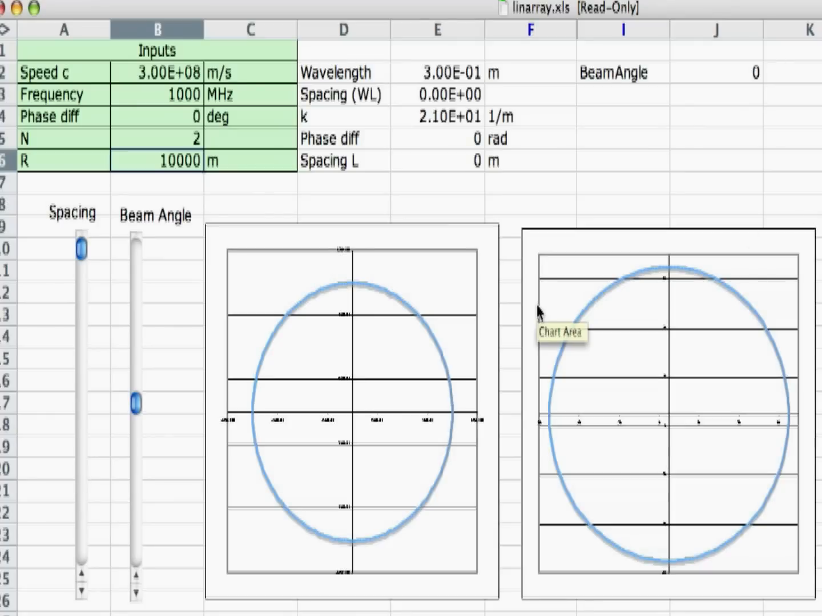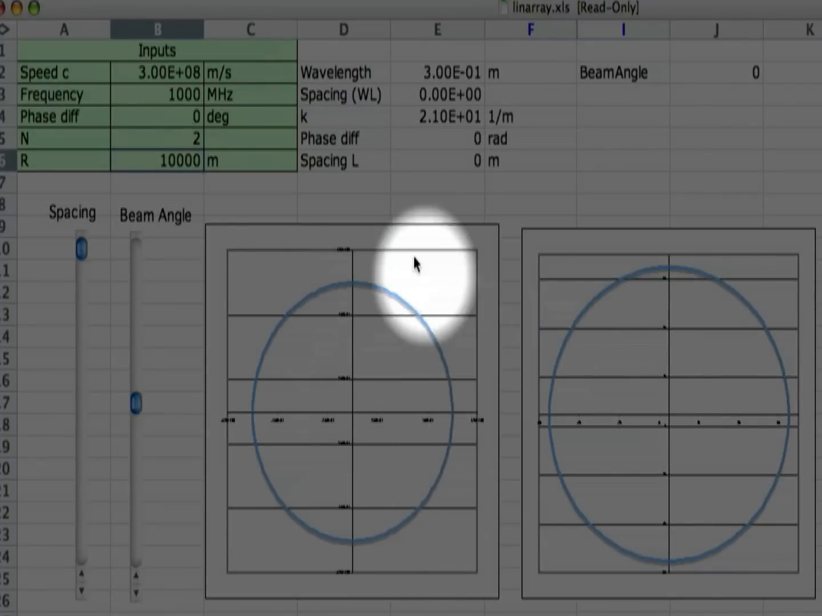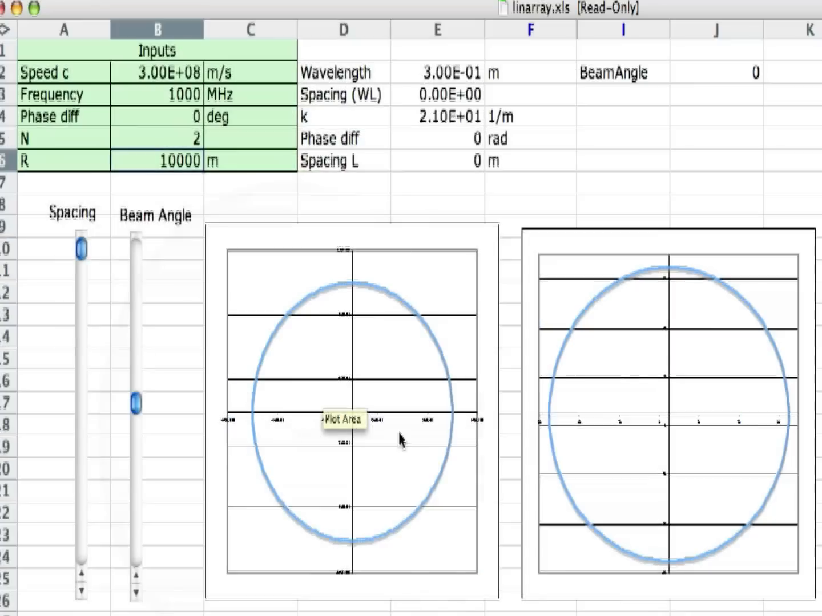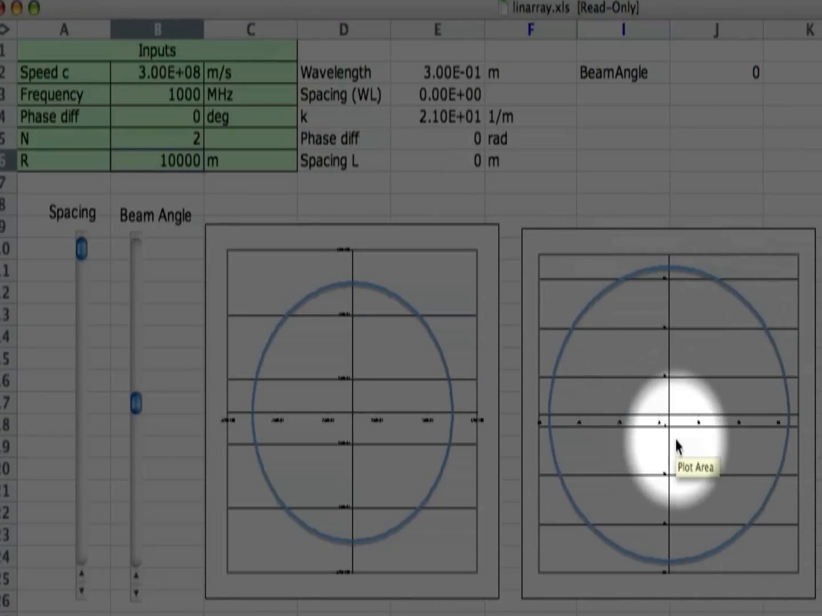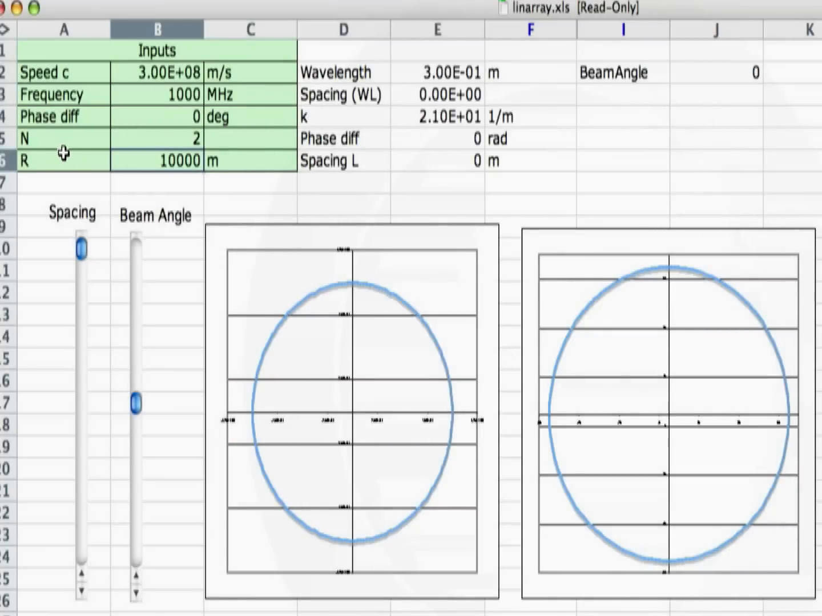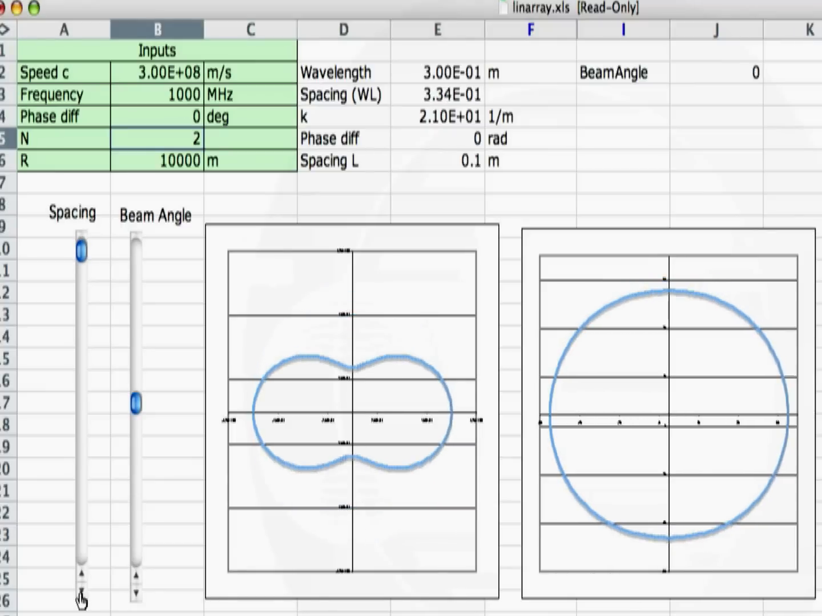Well, here's a modification of the spreadsheet you saw last week. You see this is a linear display here of a plot of the pattern, and over here we've added a logarithmic display. This is in dB. The main difference is now you can put in any number of isotropic radiators. Right now it's set to 2, and again, as you change the spacing, you see exactly the same as you did last time,